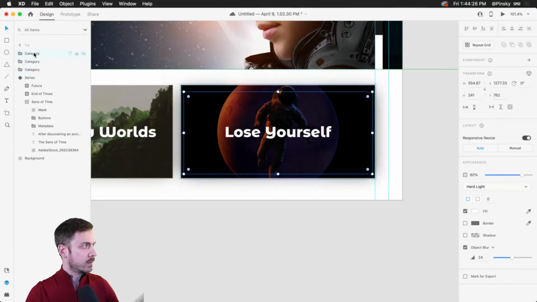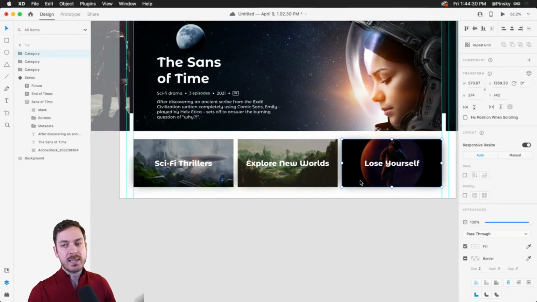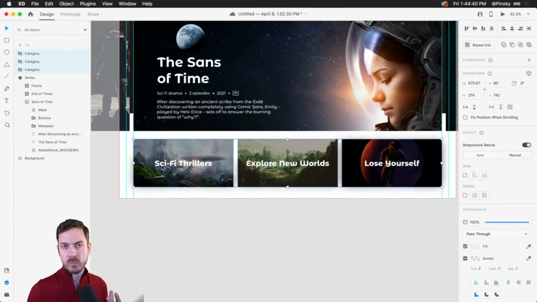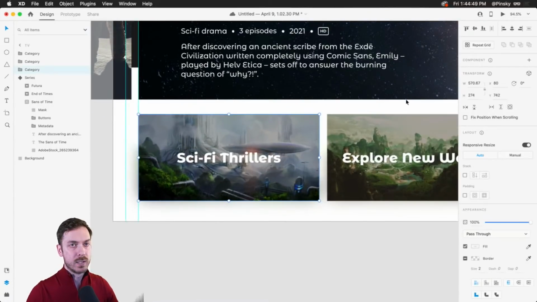All right, beautiful. Now, there are a few ways we can set this up. If we're thinking about hover effects, we can do each one as a hover effect, or we can put all of them into a larger component and basically have each state. That's a little bit more complicated. So what we can do here is we have this thrillers one.